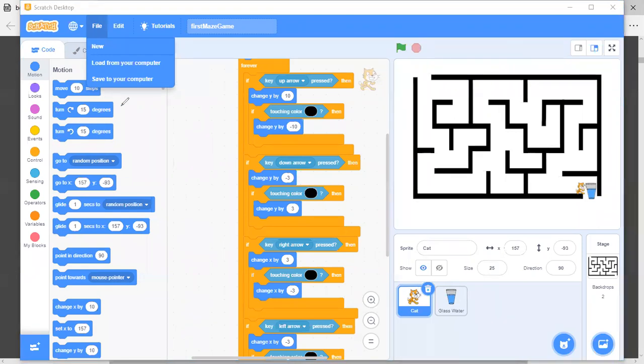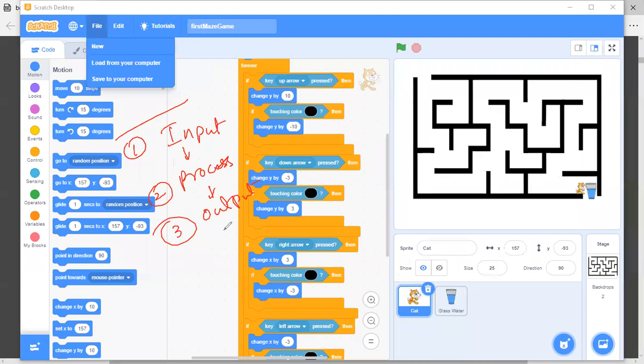Now, when you are writing a program, you have to think about the input, process, and the output. Think about that for each and every question. For everything you go through, you have to consider the input, process, and the output. Now here, when you are planning this game,